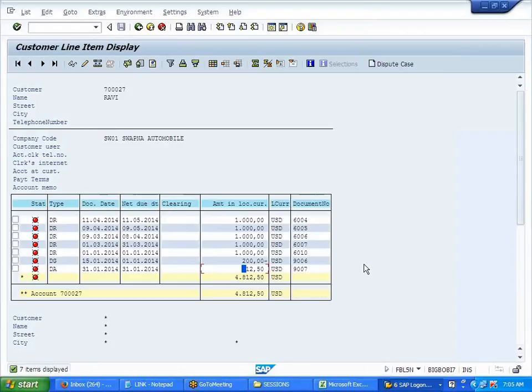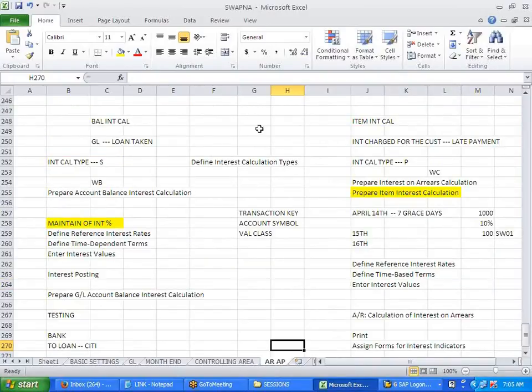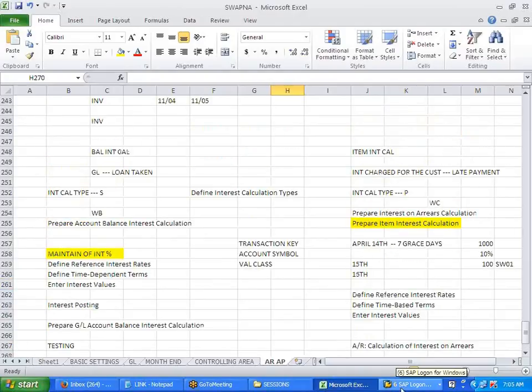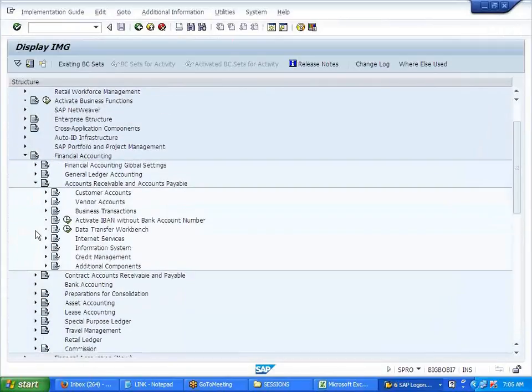So tomorrow we'll be doing foreign currencies. Important topic on that. Interest calculation, and again I ask you to just go through it from your end, the config, because I have spoken from the perspective of payment terms, tolerances, and the debit and the credit side, right? Just check at your end. Maybe it will get calculated at your end. That is one difference. But when you are calculating for the debit side, make sure that you do not select only debit items.